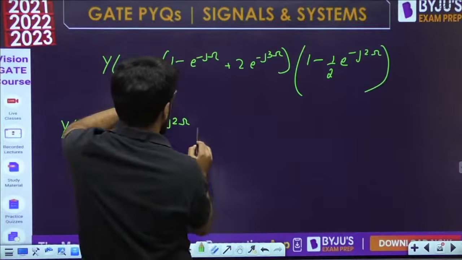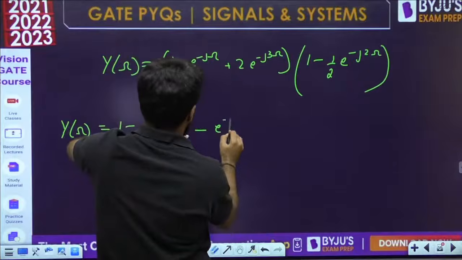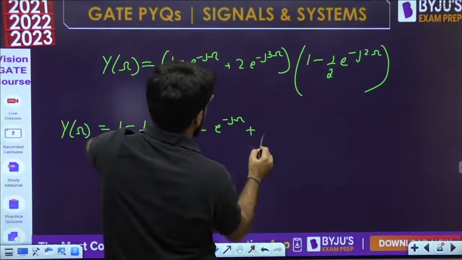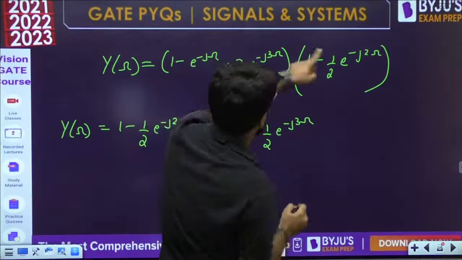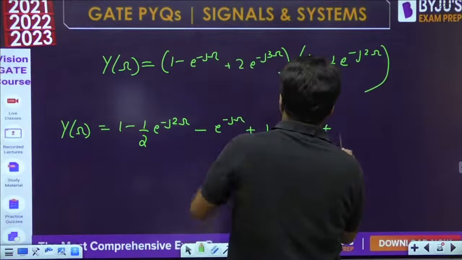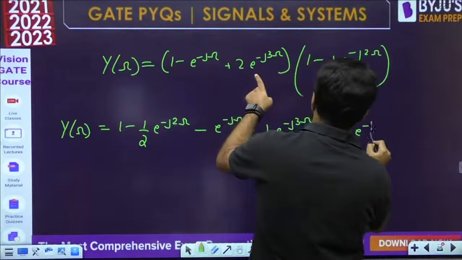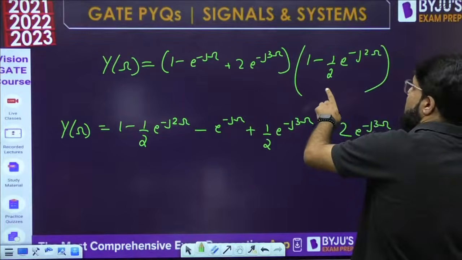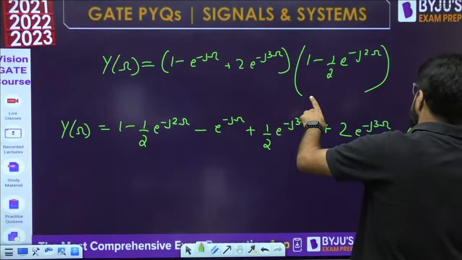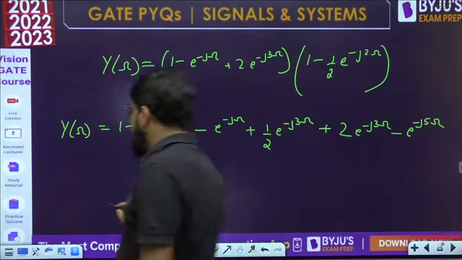Then minus e power minus j omega, plus half e power minus j3 omega, and then the 2 omega term. Okay, plus the next term 2 e power minus j3 omega. Then 2 and half cancel, and minus e power minus j5 omega comes. After simplifying,